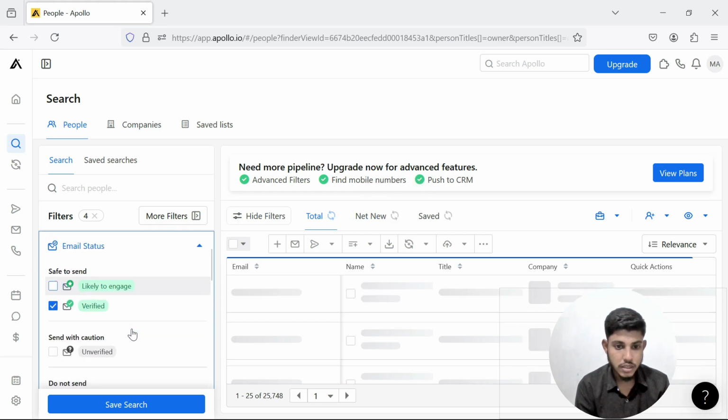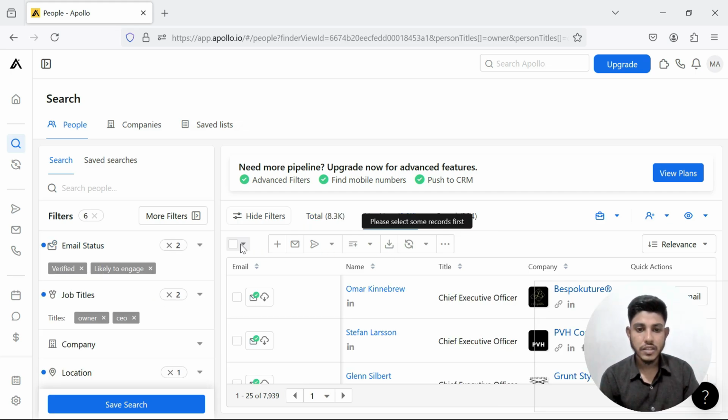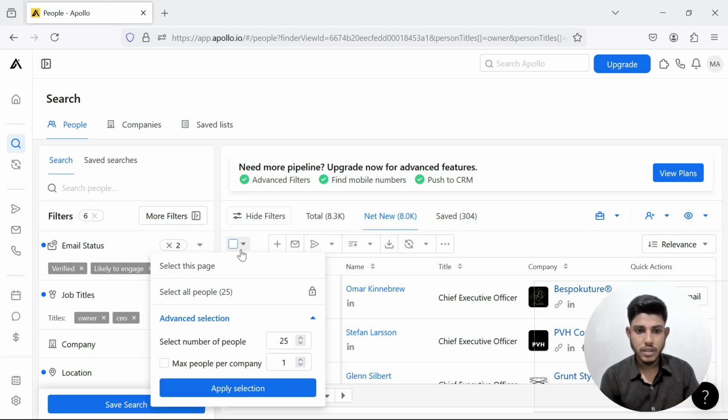You can scroll down and you can see unverified leads here. But I don't need any unverified leads. I need only the verified leads. So I click on the verified and likely to engage leads. I click both. Now I select this page and go to the net new option. Okay, now select here. Select this page. Click on here